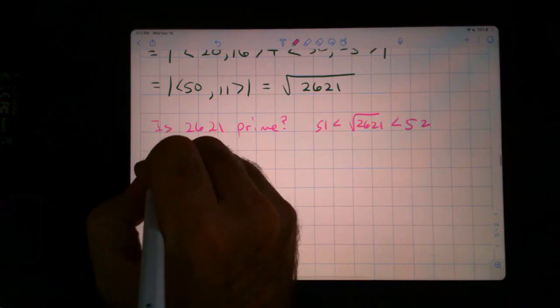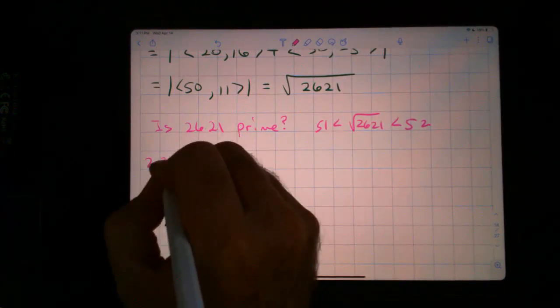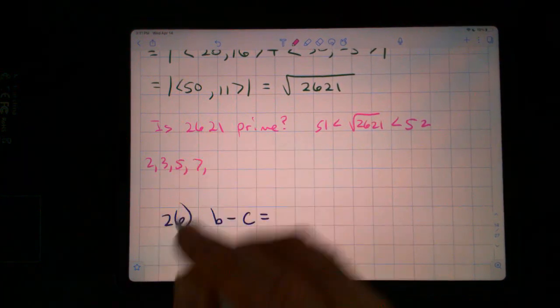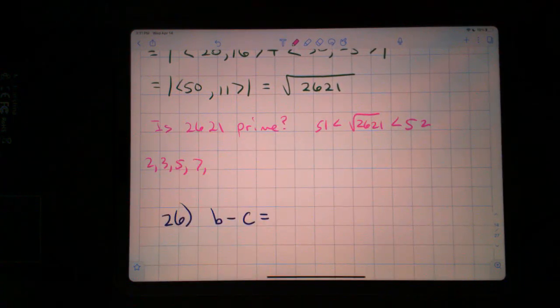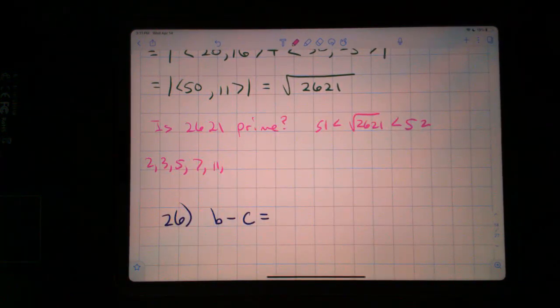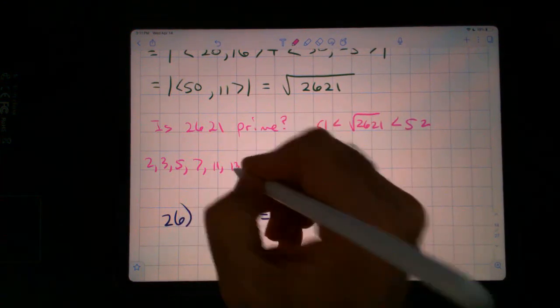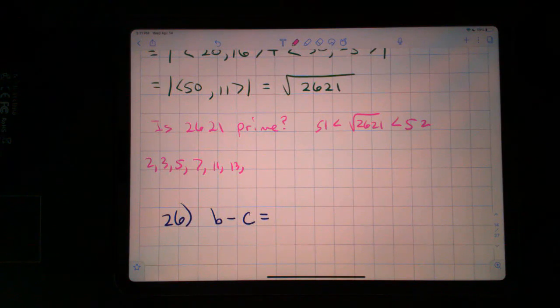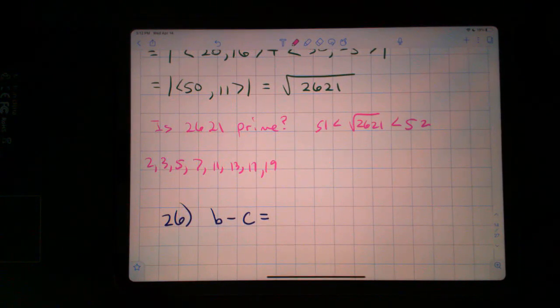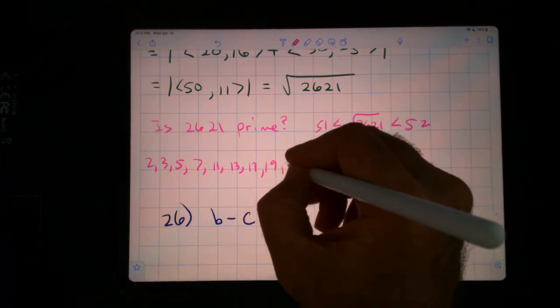So it's not divisible by 2, not 3, not 5, not 7, not 11, not 13, not 17, not 19, not 23,